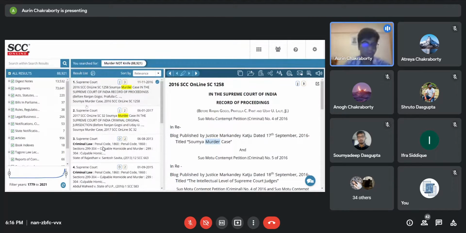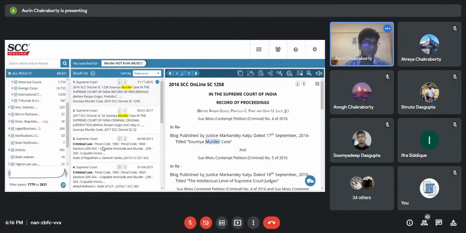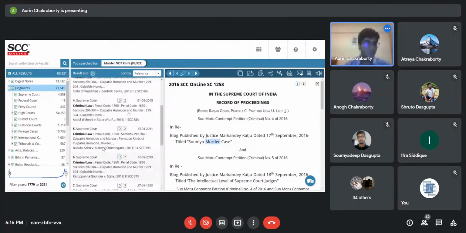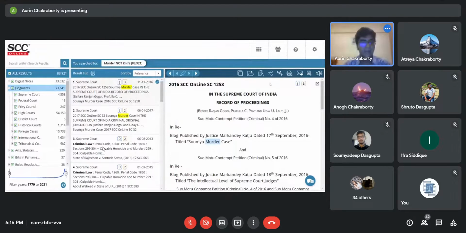murdering. Now again, you can further narrow down your research in case you're looking for digest notes. Also, you have a section over here which allows you to go into digest notes and those aspects. You can just put in only, and again your quote of choice. So that's more or less it. And to further narrow it down, you can always arrange it via chronological order. And